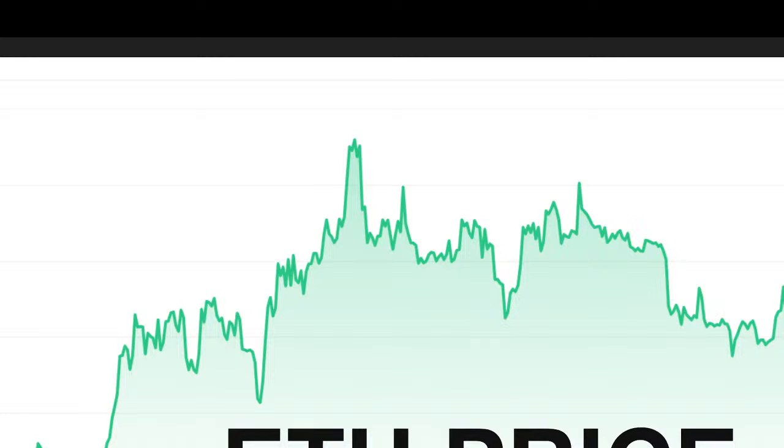So crypto in general, the TLDR is that the market is up, and crypto ETFs are incoming. We thought it would be yesterday, but there was this little issue on Twitter with the SEC. Basically, the Twitter account of the SEC got hacked. They announced the ETF, but it didn't come. But anyway, it will probably come very, very soon. And when it's going to be launched, it's going to open the floodgates. We'll see trillions of dollars coming to crypto. So we're going to have another massive bull run.